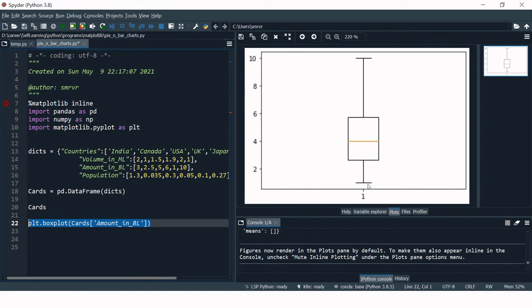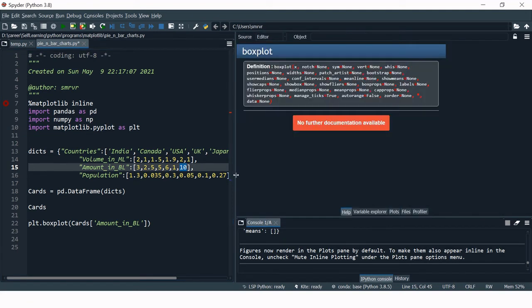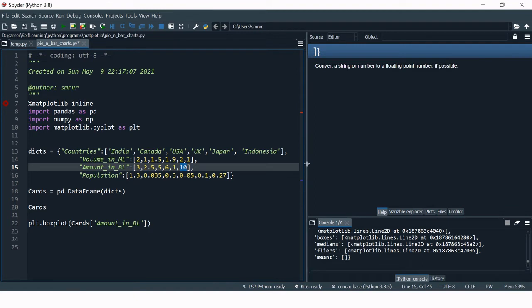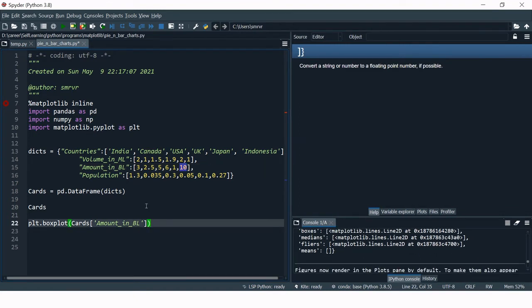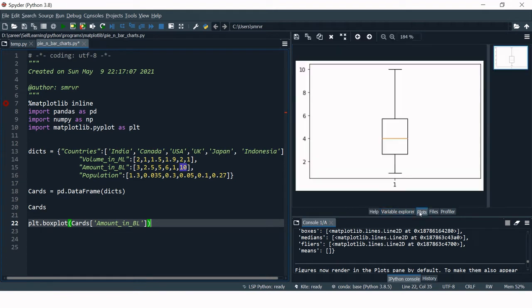Like you can see over here, the basic box plot has been created. Here it says the minimum value is less than 2, which is somewhere around 1. So in amount billion, 1 is the minimum value. Maximum value is 10. When you take the median of this, it will come to somewhere around 4, right? So here is the 4, it represents the median, and this is the first quartile, this is the third quartile. Like I said, if you're interested in learning all of these statistical terms, then feel free to Google it. Otherwise, just wait for our upcoming videos.